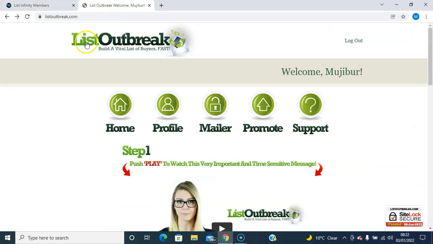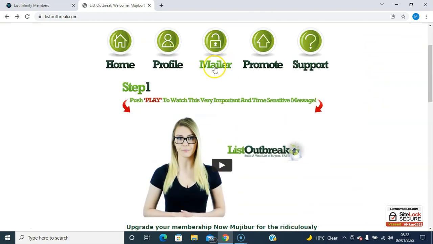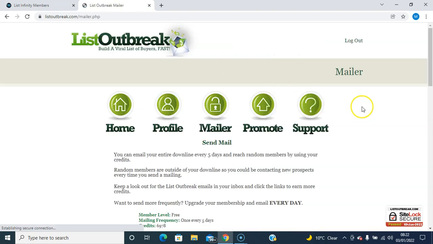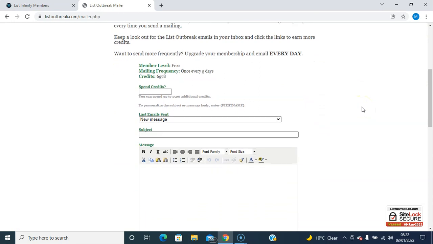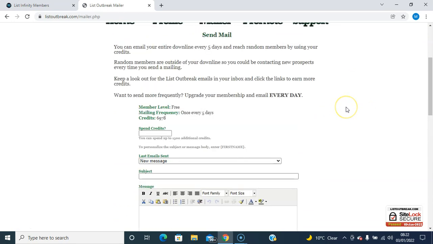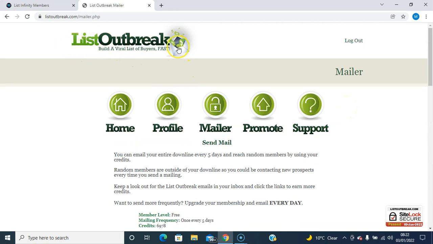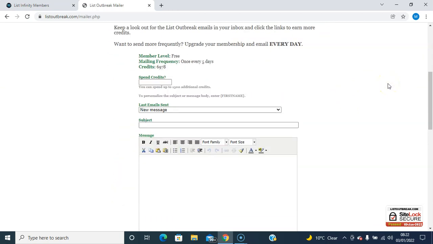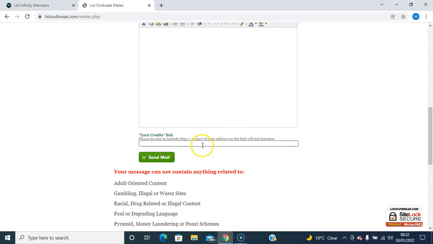So I'm going to go into List Outbreak. I've already logged into List Outbreak. See, I'm logged in there, and I'm going to go for the mailer. Click on the mailer, and I'm going to send an email to the list within List Outbreak. So I want these people to go to my capture page,